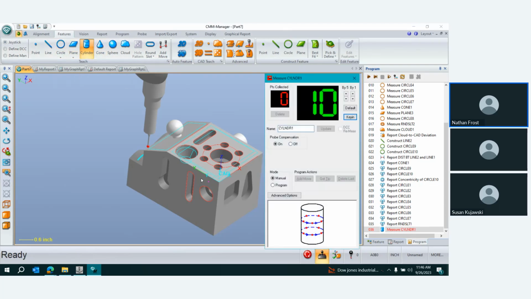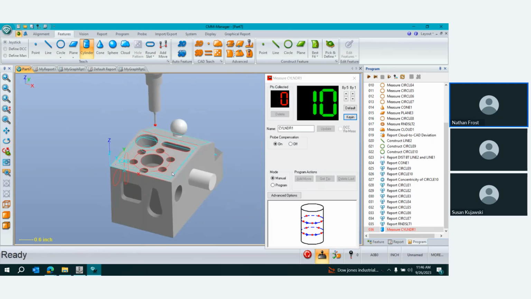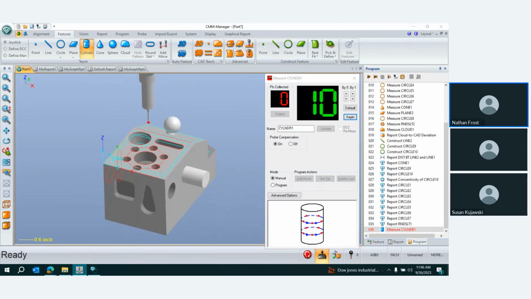So a cylinder, for instance. Here I'll have to move my machine around by joystick because it's a motorized system. The functionality would be the same on your portable arm. Basically follow the prompts from the software. I move from point to point here. Once I've collected a sufficient number of points,